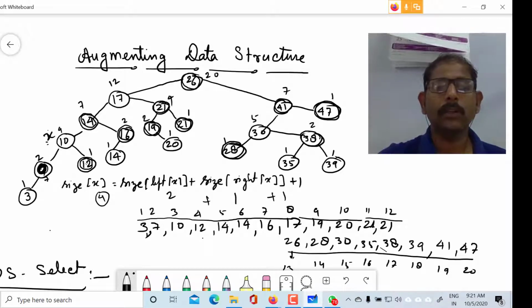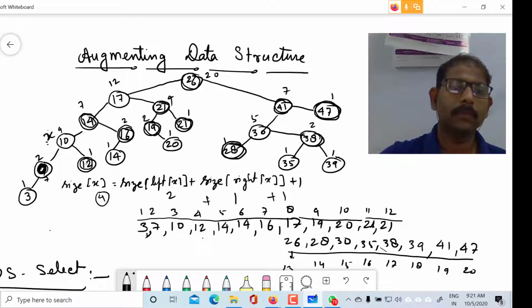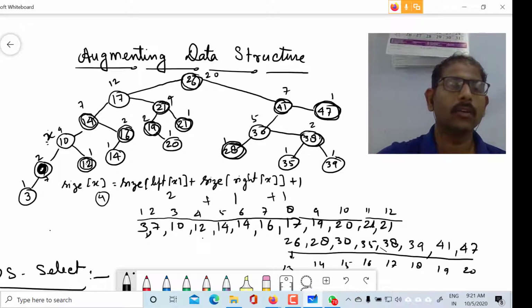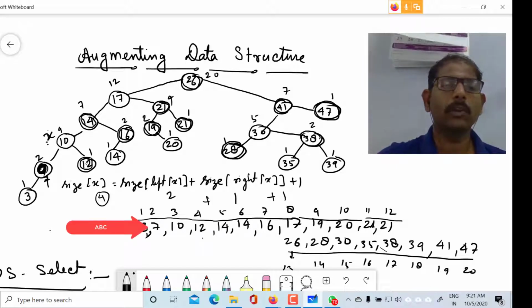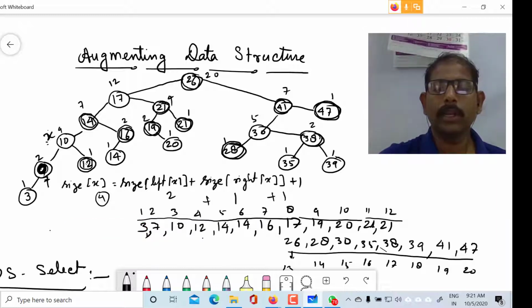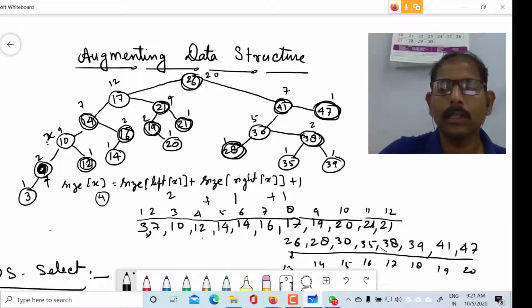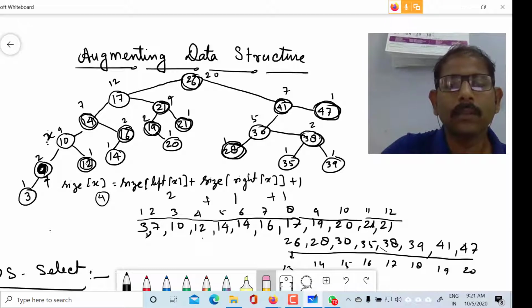So it is 1. After that this element is 7, so 7 is at position number 2. After that 10.